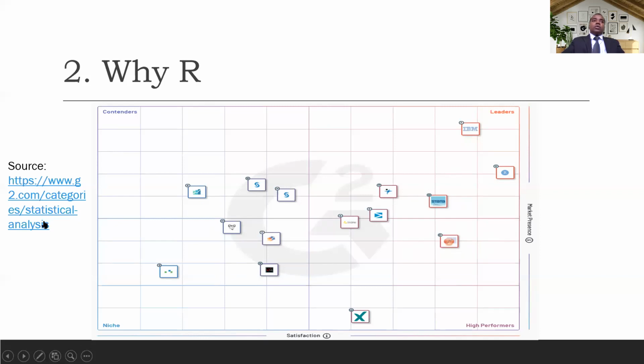Here you can go to the source and see the specific features of every tool. This plot has been drawn based on market penetration and user satisfaction. Here we see four categories: niche, contender, high performer, and leader.